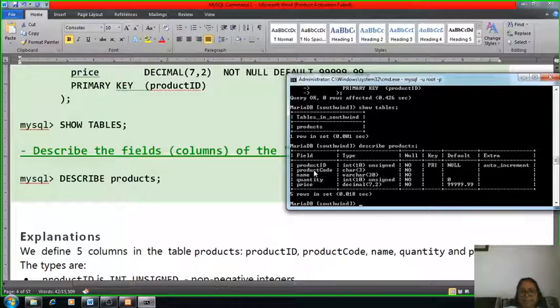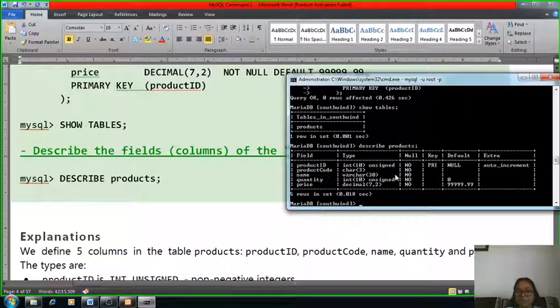These are the fields. Product ID is a field, type integer, unsigned, null no, primary key, default value null, and auto increment. These are the features of your product ID as we gave them while creating the table. The same way it will display on your screen.